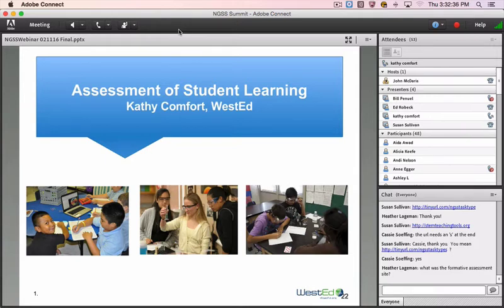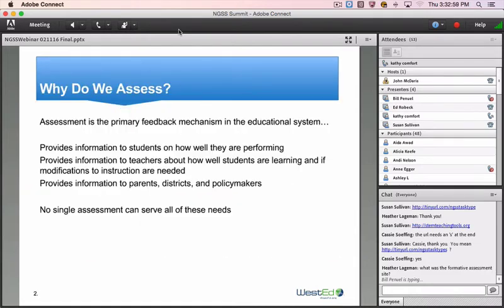And some of our current work involves working with the state on the development of a state summative assessment that's aligned to NGSS, and also working with a statewide MSP project in developing teacher assessments that are aligned to NGSS. And I do apologize for having a major frog in my throat today. I have pretty bad allergies.